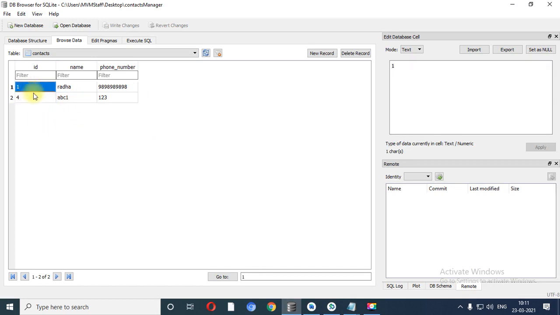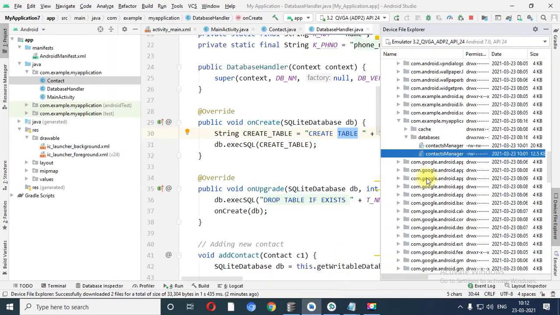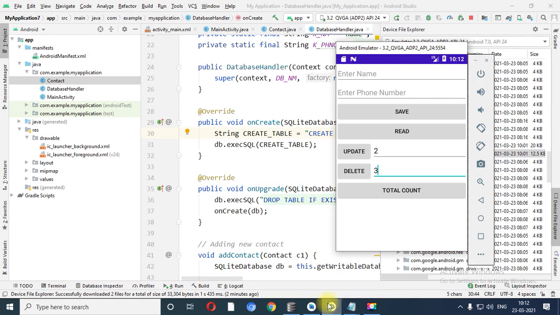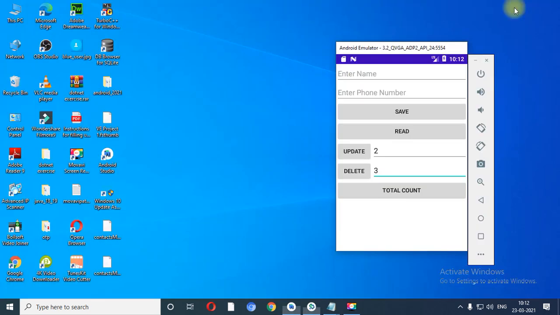If you make any changes over here, it will not be reflected in our Android Studio. So be careful regarding such. DB Browser for SQLite, that is the name of our software. So I hope it is properly clear.